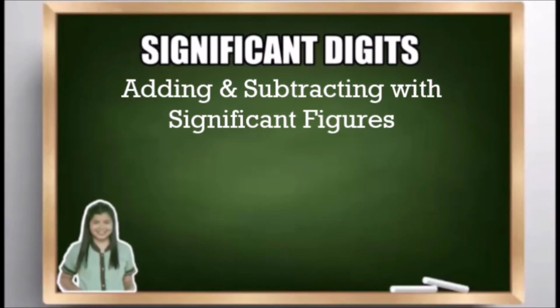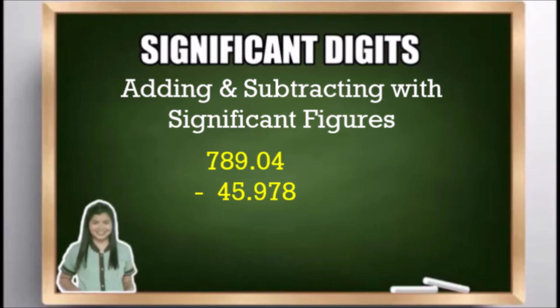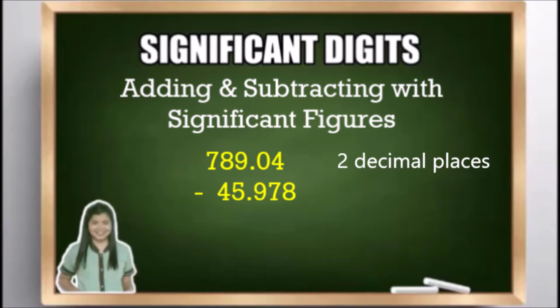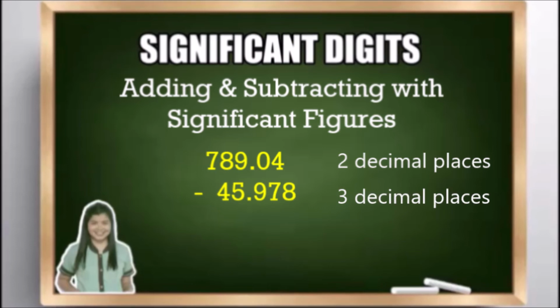Okay, next example we have 789.04 minus 45.978. So the same thing, we have to identify the number of decimal places. So for 789.04, there are 2 decimal places, while for 45.978, there are 3 decimal places. If you're going to subtract the two numbers, the result is